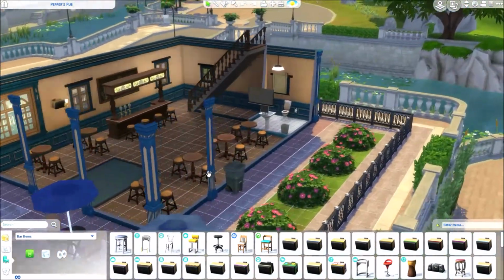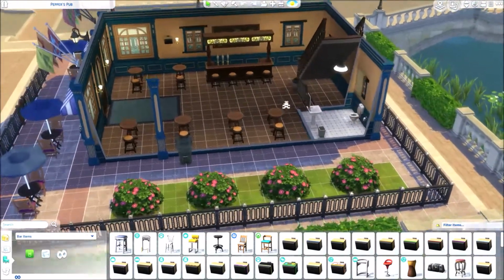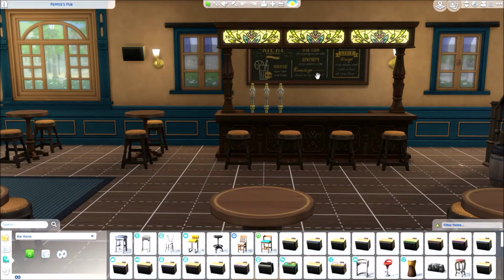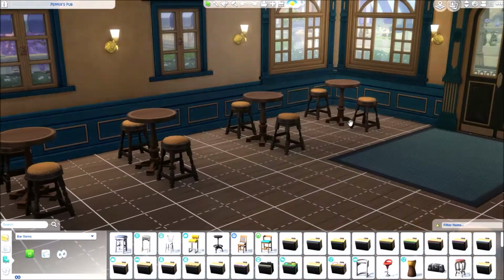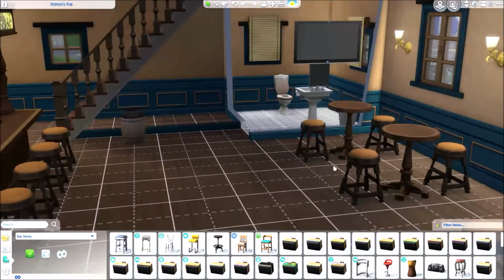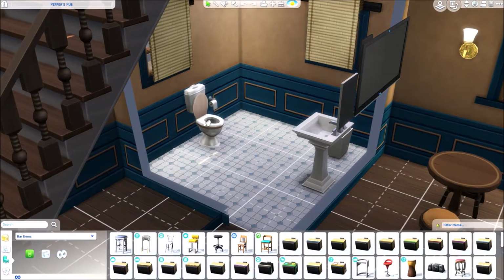And inside, it's the usual. I can only say that. I mean, look, it's empty. It's very, very empty. You have a bar with a menu board. Admittedly, I like the menu board. Then you have tables. You have a TV, a bin. And then inside here is a toilet with one lavatory